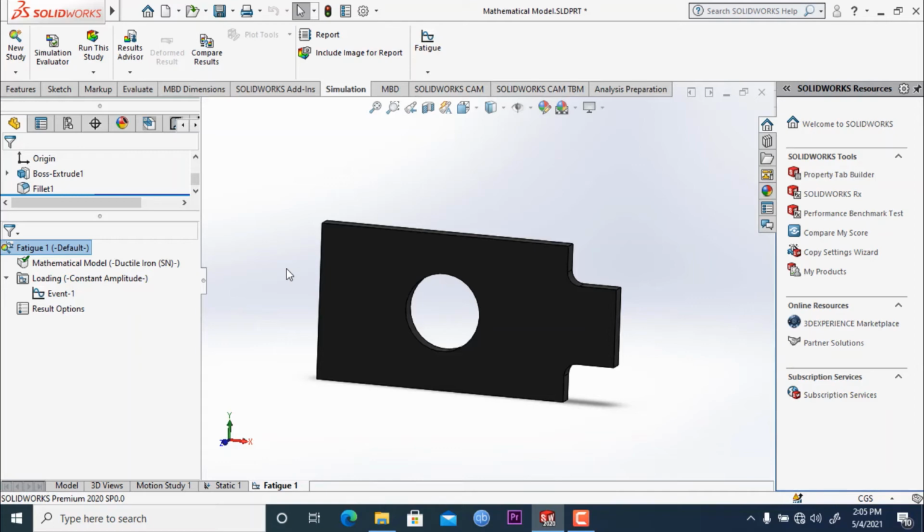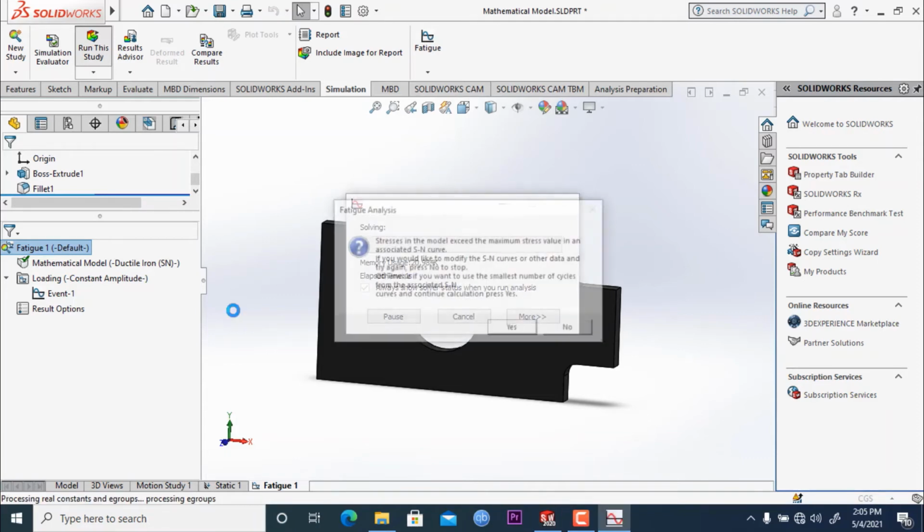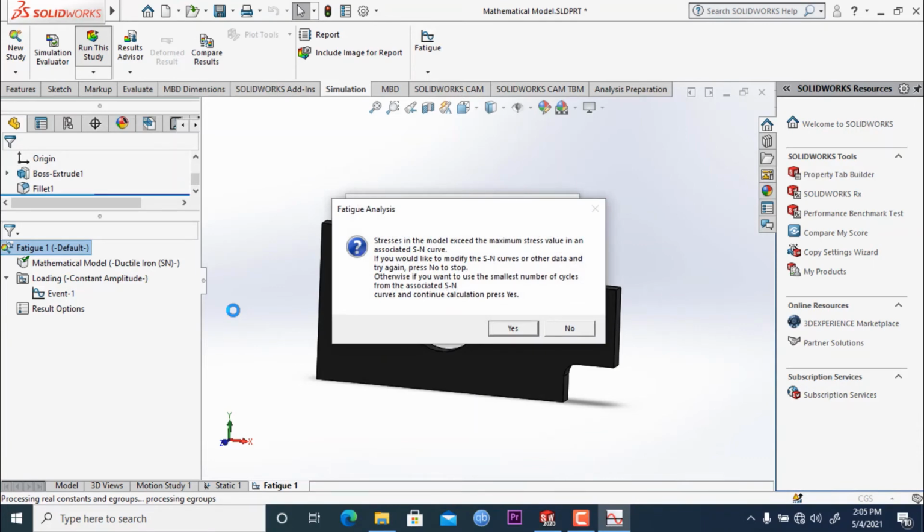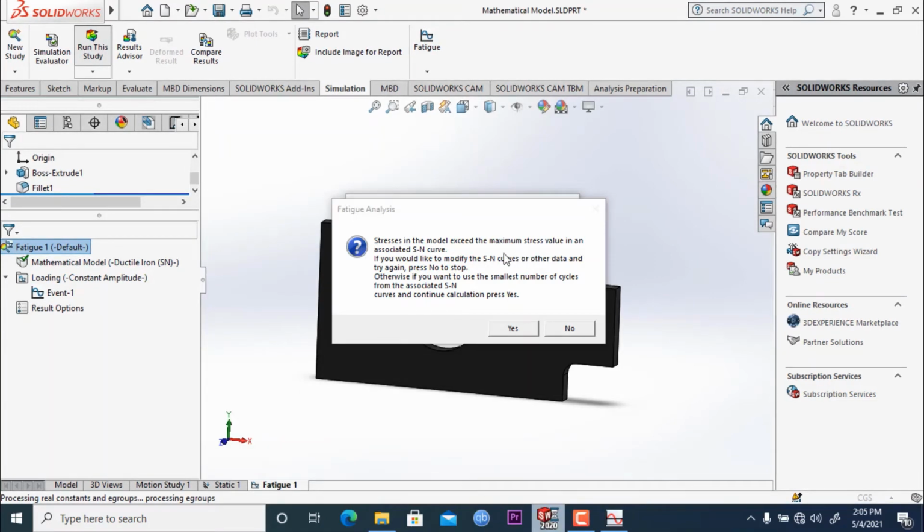It may take some time to get the analysis started. Here you can see a new pop-up has appeared: stresses in the model exceeded the maximum stress value in an associated SN curve.